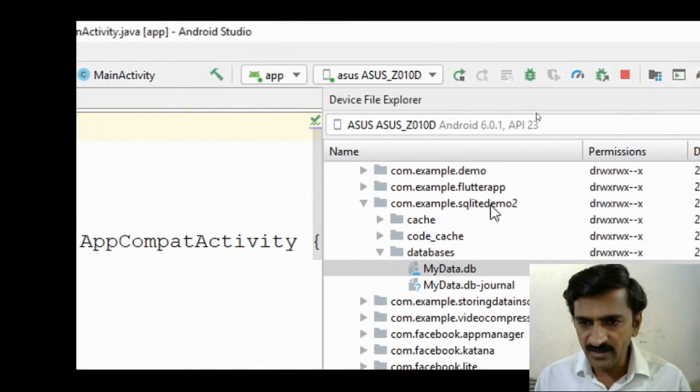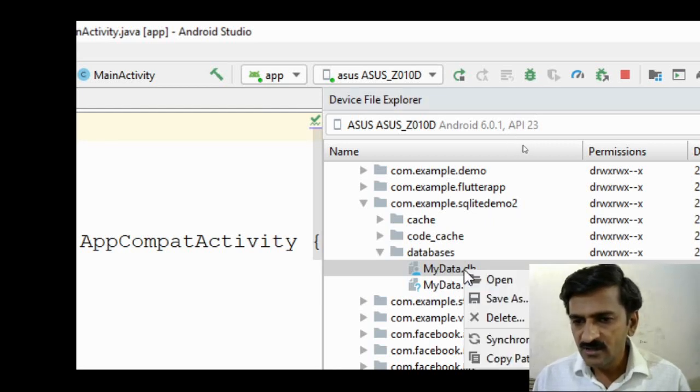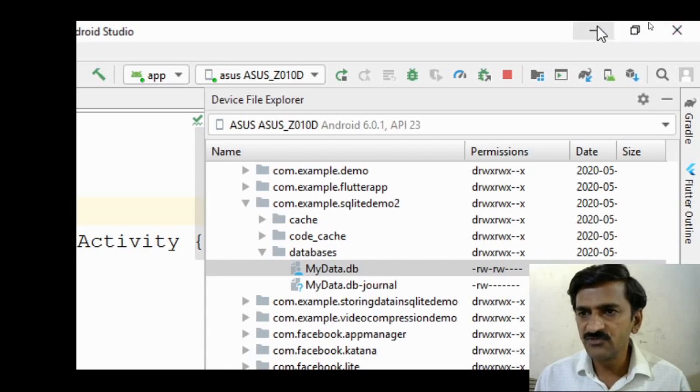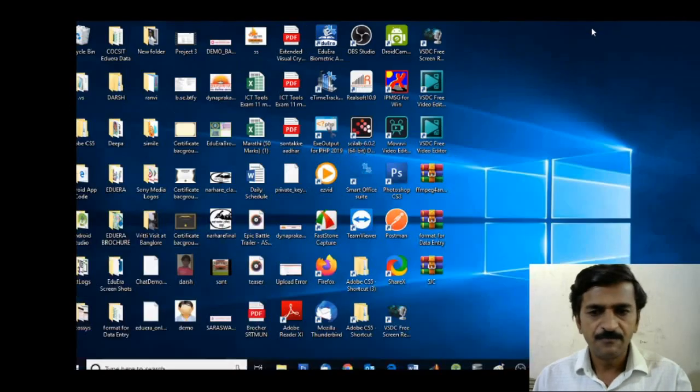You have to choose your package name, which is available inside the data folder. Move towards your package name, choose the database folder, and inside that you will get your database. Simply select it and save it, and then once you save it on your local machine, you can browse the data which is there in this database.